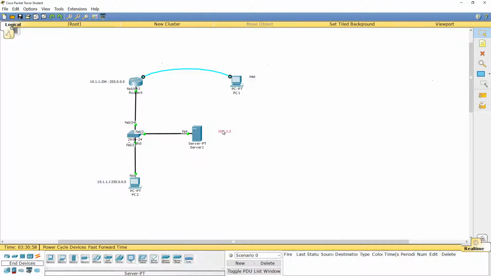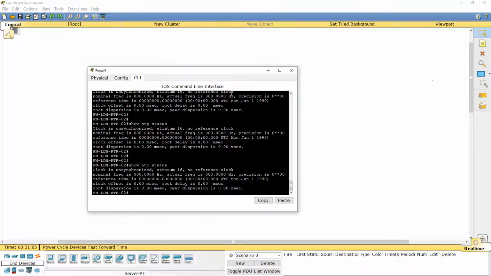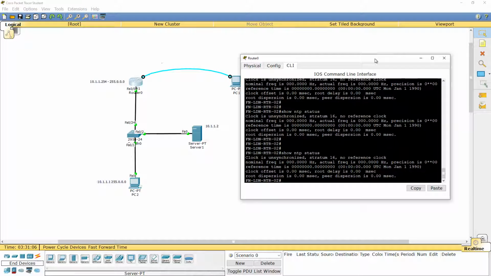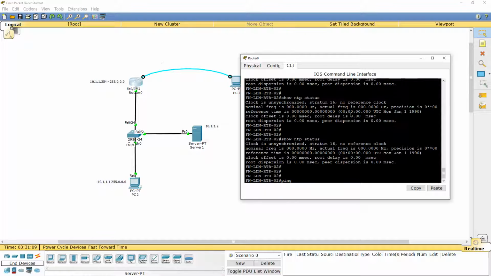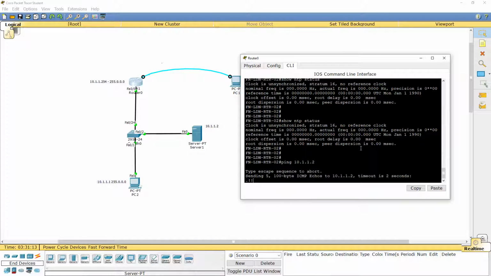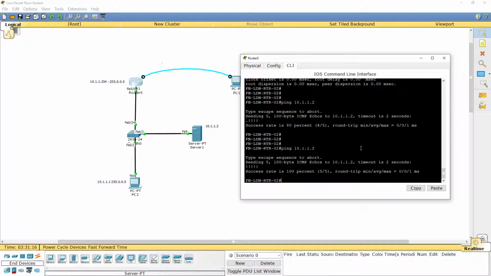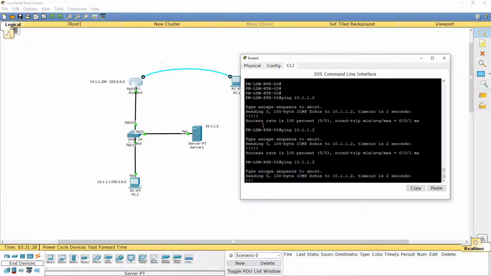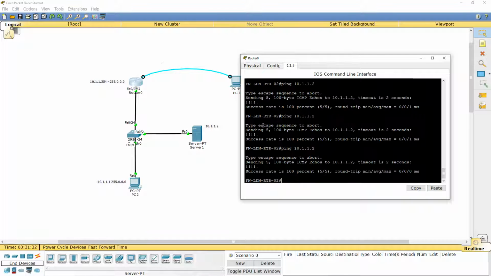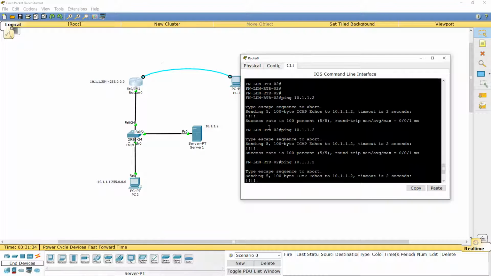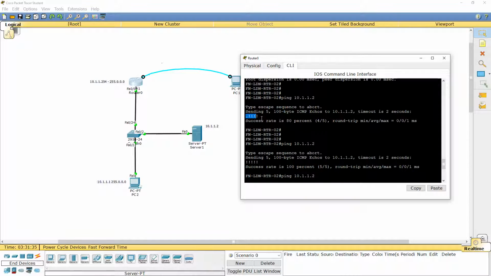Okay, so now this has the NTP server. I'm going to configure NTP on here, but before that, can I make sure I can reach the NTP server? From the router, I can also ping. Okay, can somebody explain to me why the first ping is lost? All the subsequent pings are working. The first one was going to the switch. Why is the first ping lost? Look at this, the 5 packets, but only 80% completed, 4 packets, right? Out of 5, 4 packets are successful. You see, this is a loss. Why is that?